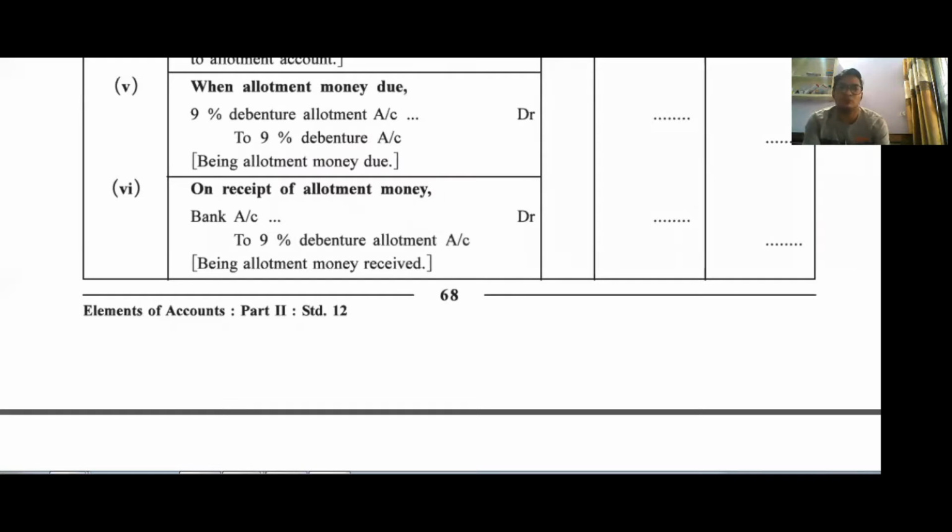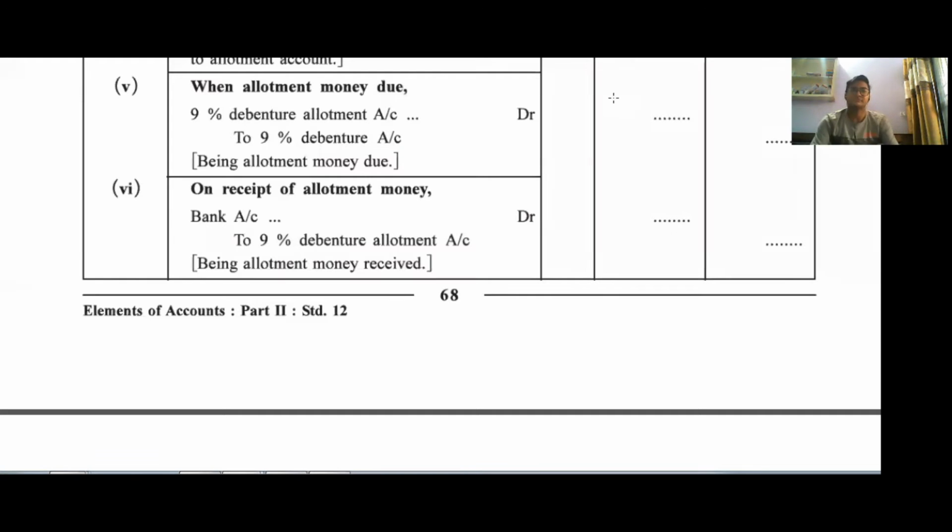Remember chapter number 1, where instead of debenture there is the word equity share, and in chapter number 1 we were writing equity share capital account. But now in the debenture chapter, instead of equity share, we are writing debenture allotment. And instead of equity share capital, we have to just write debenture, not debenture capital. Okay, because debenture is not a part of capital; it is a loan. So at the end of debenture, you cannot write debenture capital. In equity, you have to write equity share capital. Got it?